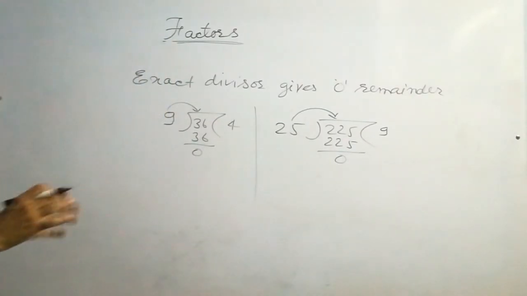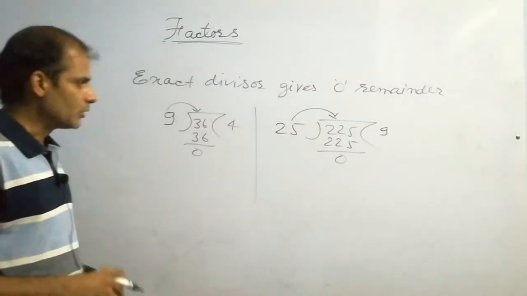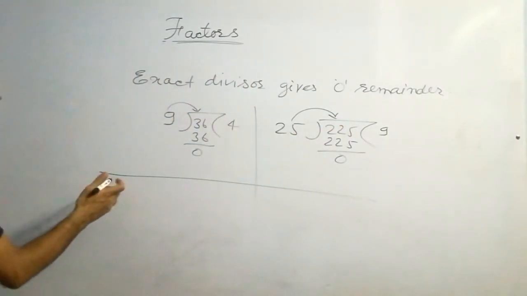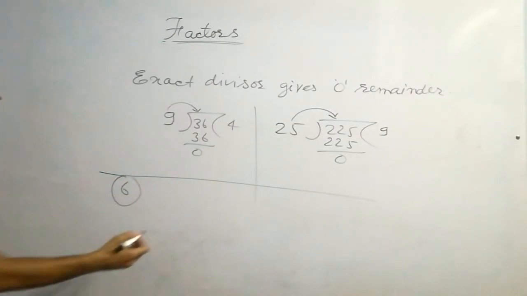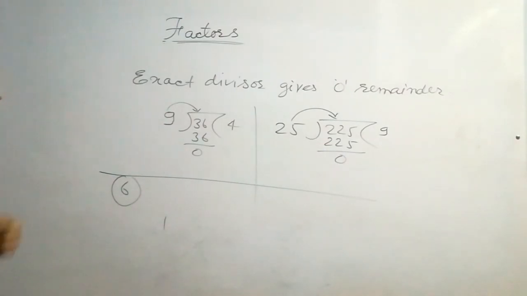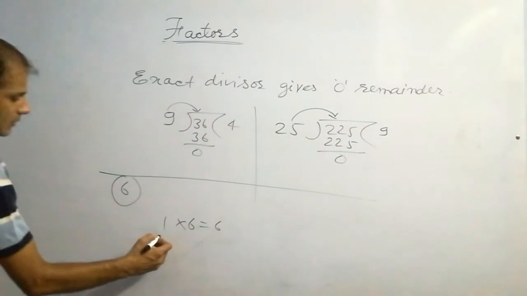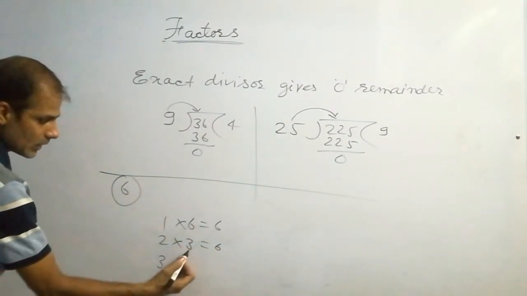So I hope you understood this concept, and to know the factors of a given number you will perform that process I told you. This is also another type of division. For example, if you want to find out the factor of 6, what will be the method? Start with 1. You always start with 1. So 1 into 6 always 6. Then start with 2. 2 3 ja 6. Then start with 3, but 3 has already appeared.